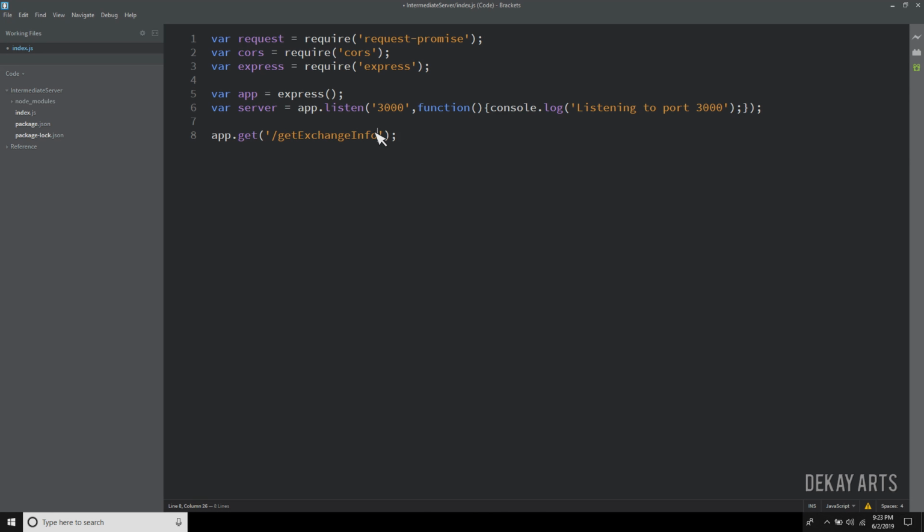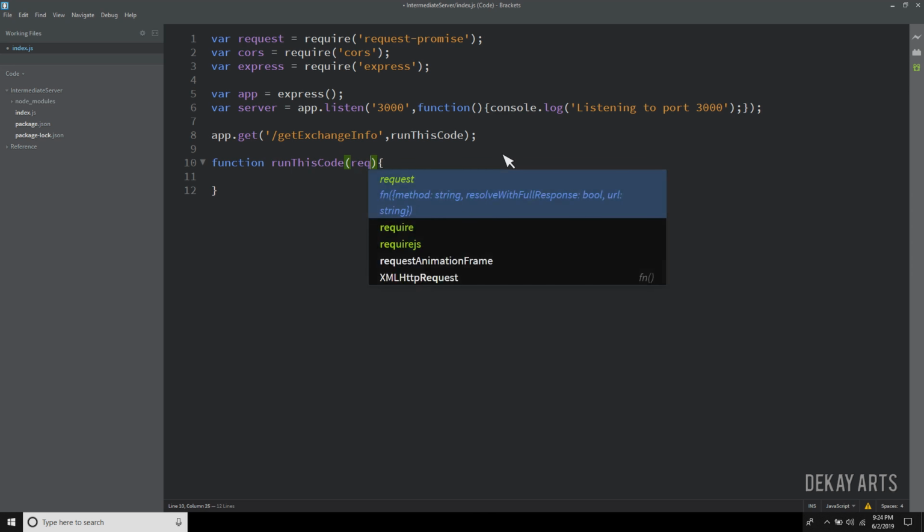Let me write the code and then explain so that you understand it clearly. What this means is, whenever on the browser I call this path, then this function module gets executed. Let's write a sample function module and see what it really means. I'll just create this function module. I want to demonstrate this to clearly explain what it means. This function module has 2 parameters, which is request and response.